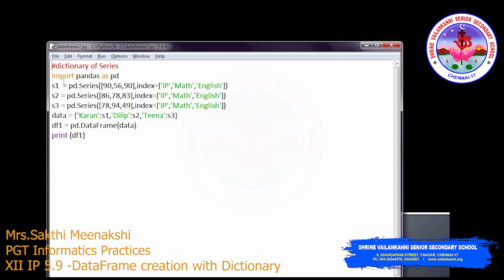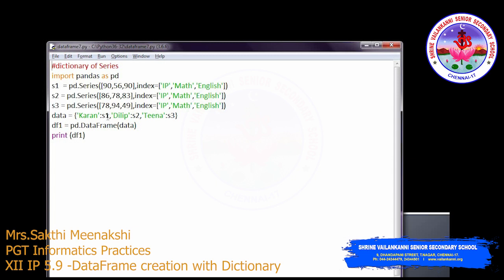This is student wise mark: S1's mark, S2's mark, and then S3's mark. 86, 78, 33 for IP, math, and then physics. For a series you have to give the data and then the index. These indexes will be used as the index for the data frame, and this data is used as the data values. Here the data is again a dictionary, right?